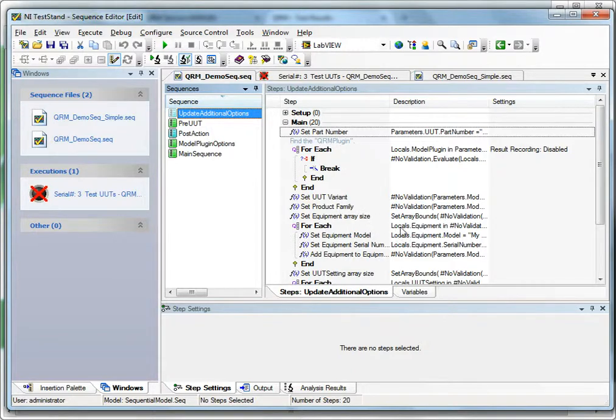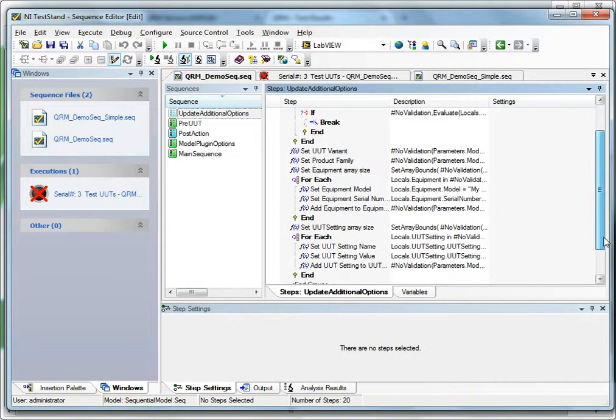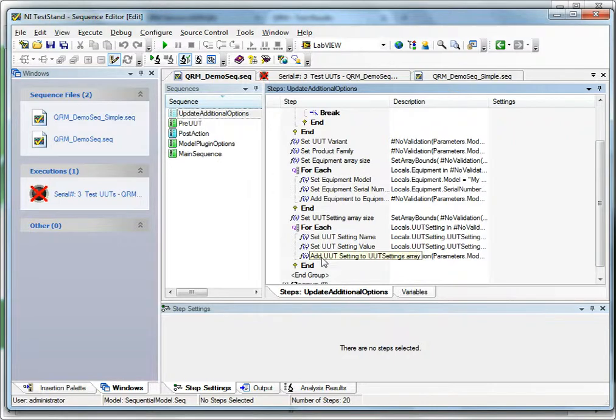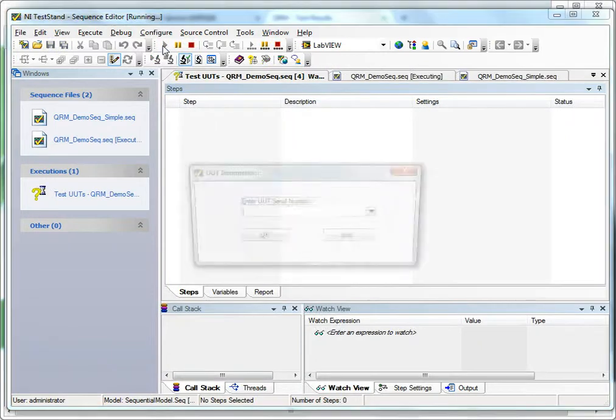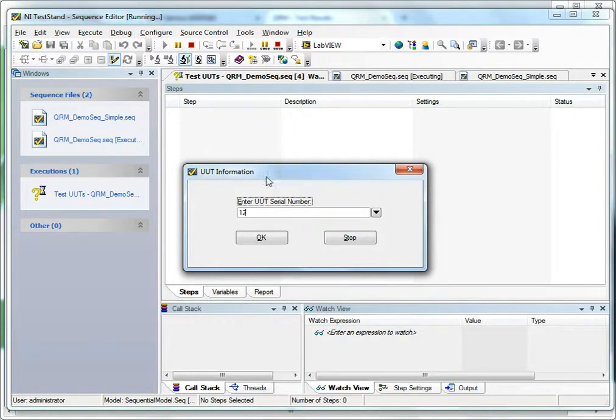variant, product family, information about equipment, and also something called UUT settings, and that could be any kind of additional value that is typically not a result. Could be a firmware version, could be some kind of designator, whatever you would like to associate to your UUT that would be very easy to search for in QRM as well. And if I run this instead, just enter 12 this time,